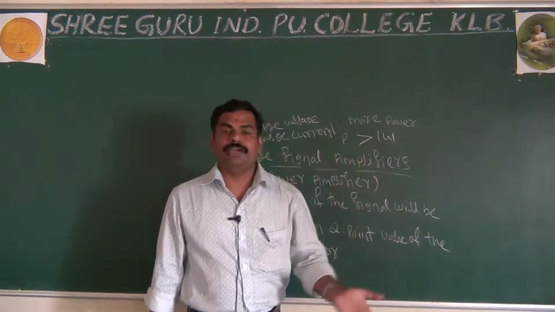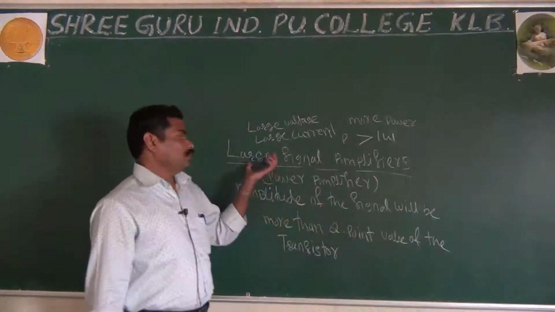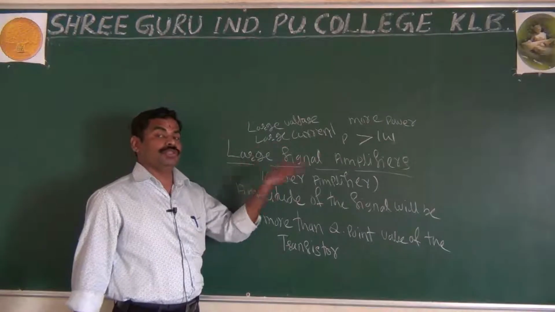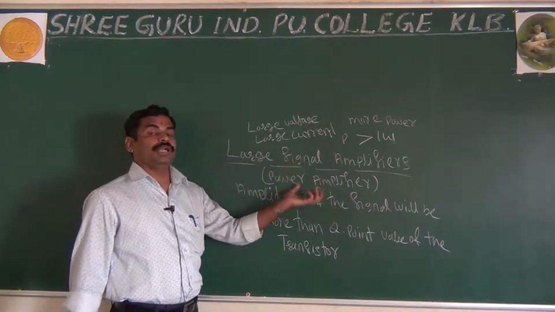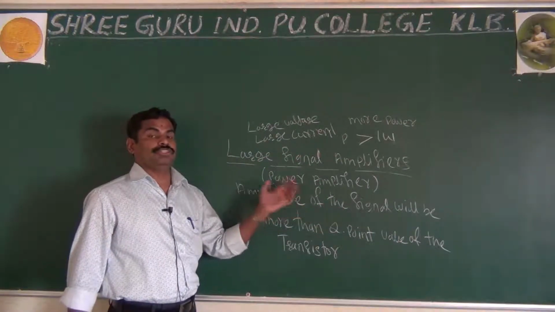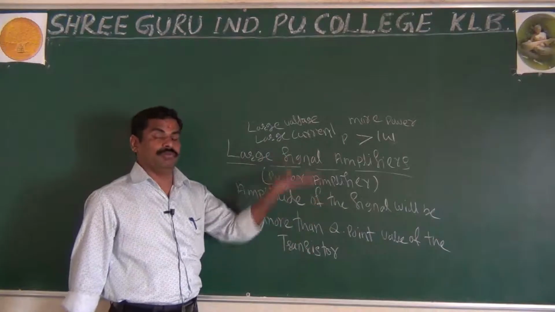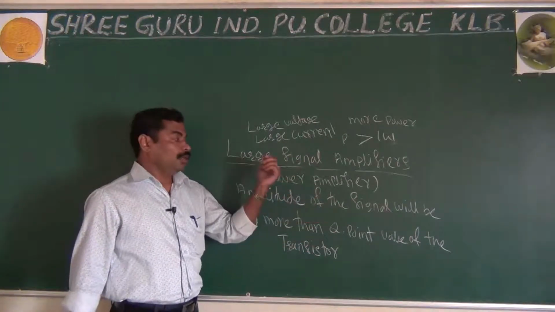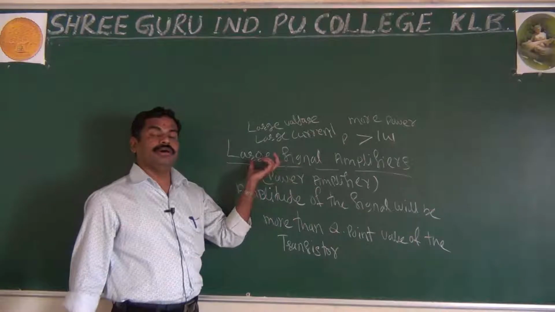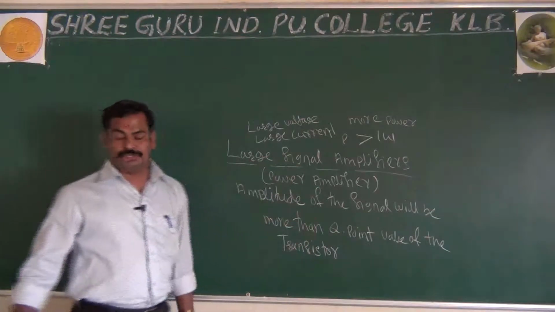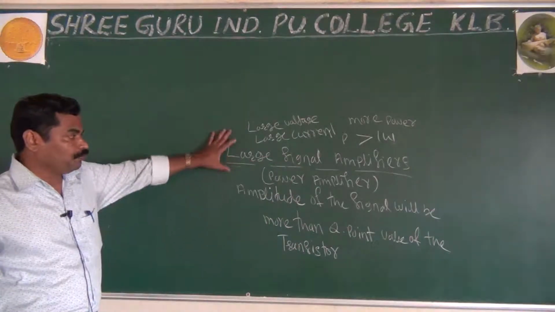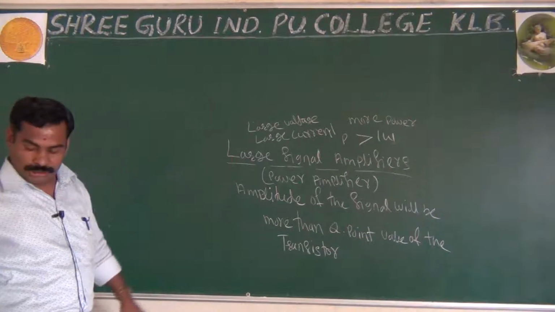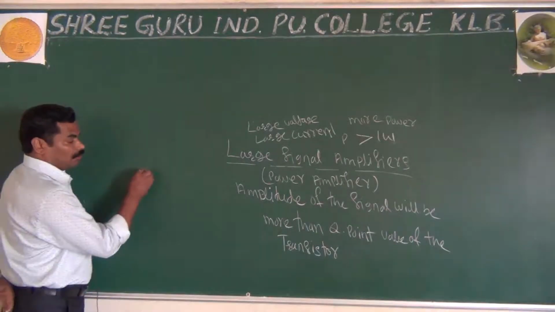In the same way, large signal amplifiers are used in the last stage of your radio transmitter and receivers, because in the last stage we want more power, to increase the power level of the signal. At that time you are using large signal amplifiers. The important thing about a large signal amplifier is that you are having more power,